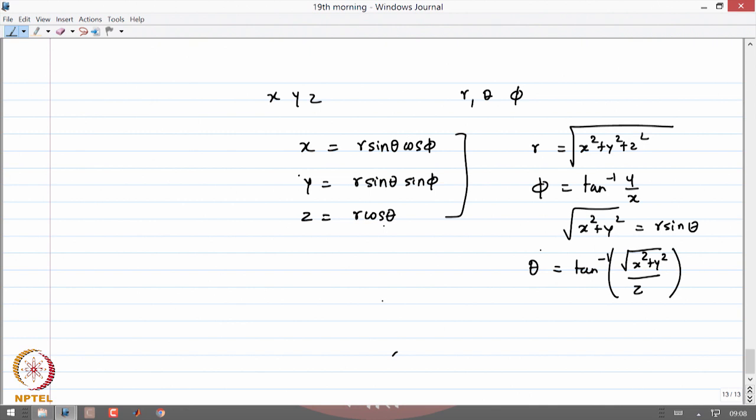R sin theta by r cos theta is tan theta, therefore theta is tan inverse that, okay. Therefore, the transformation given by these equations x, y, z, and the inverse transformation given by these equations for r, phi and theta